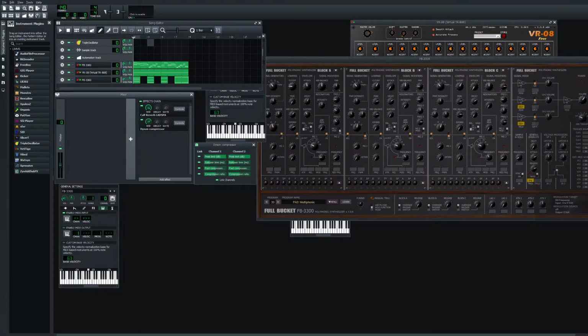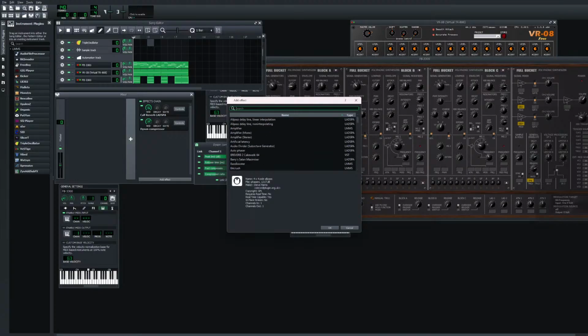Get that down by like half. Yeah, what the compressor does is it just kind of makes quiet stuff louder and louder stuff softer. Go ahead and add a